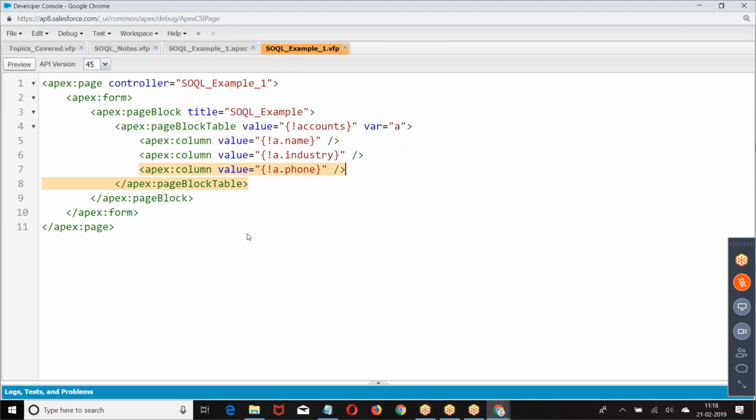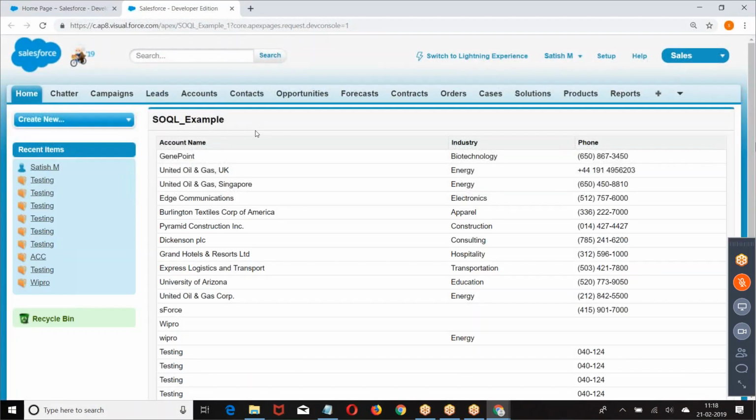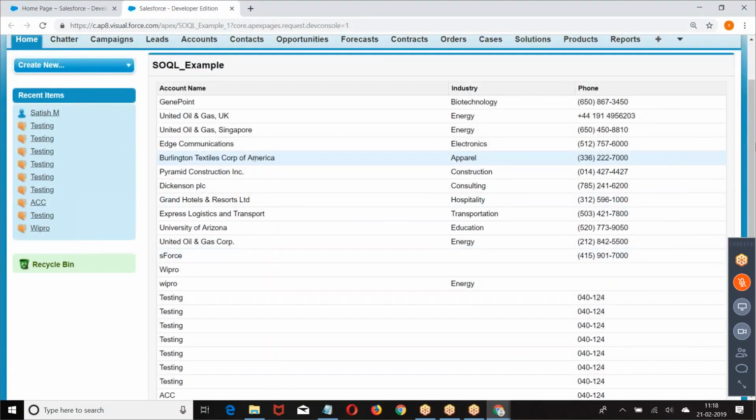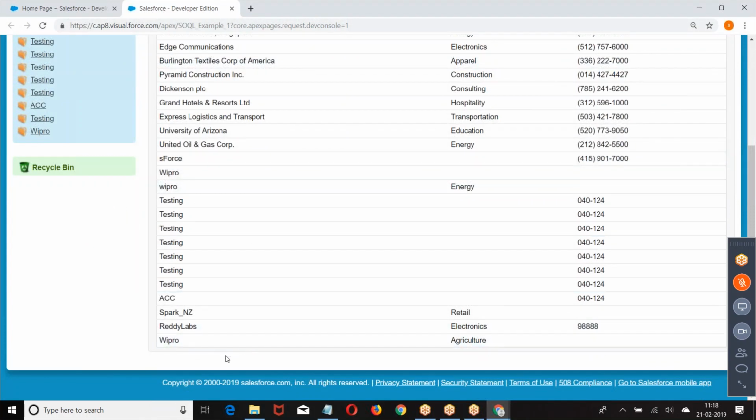We have displayed the data. So what is the data we received here? We wrote a SQL query, fetched the data and displayed the data.